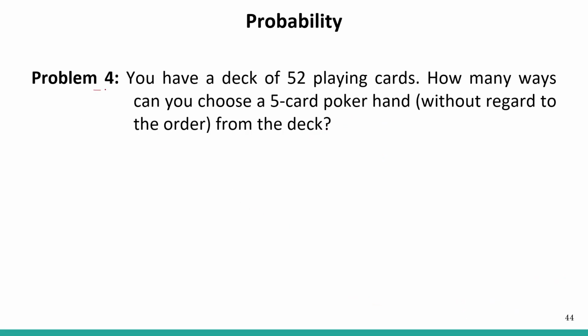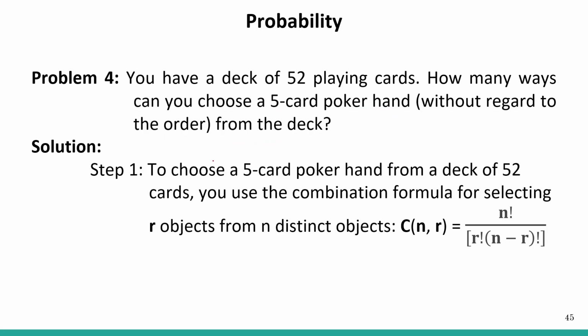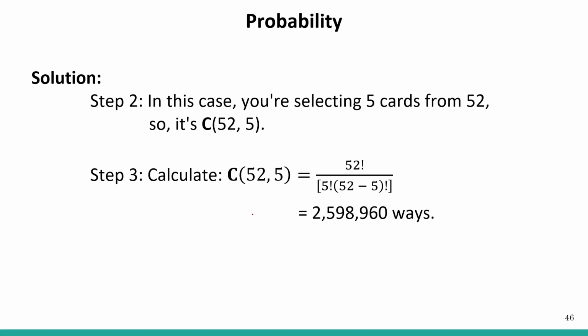So let's see problem number 4. You have a deck of 52 cards. How many ways can you choose a 5 card poker hand, without regard to the order, from the deck? So to choose a 5 card poker hand from the deck of 52 cards, you use the combination formula nCr, which is equal to n factorial by r factorial into n minus r factorial. So C(52, 5) will be what? This is the cardinality of the sample space,